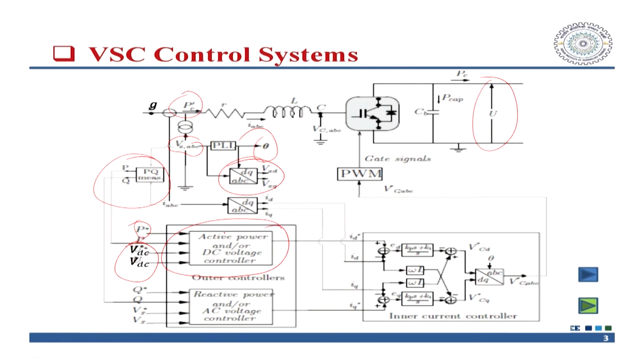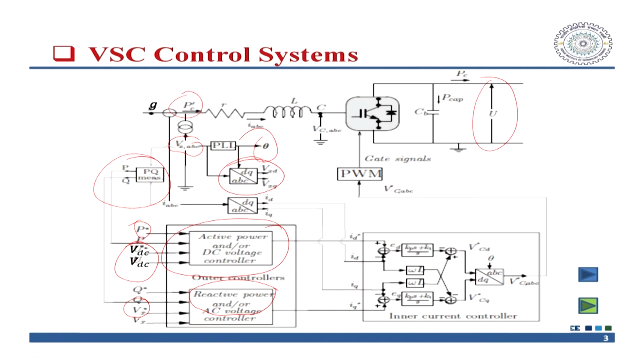Similarly, you have a reactive power controller. Generally, this is used frequently for the DSTATCOM. So you need to inject a certain amount of reactive power. You have Q star, and actual Q will be measured from the current and voltage. You also check whether the voltage at this point is healthy or not. If it is healthy, within the tolerance, then Vx is the voltage at the point of common coupling. If there is a sag or swell, then this value will be different.